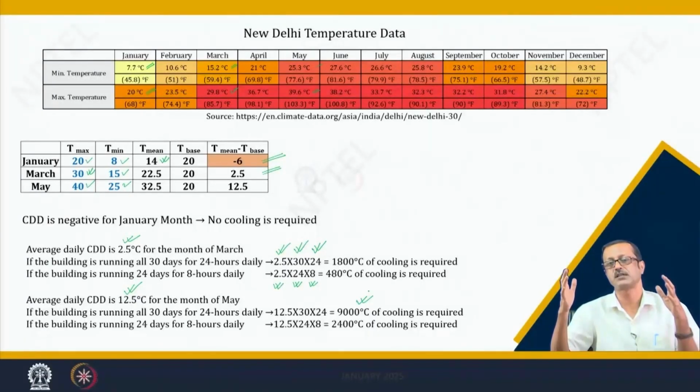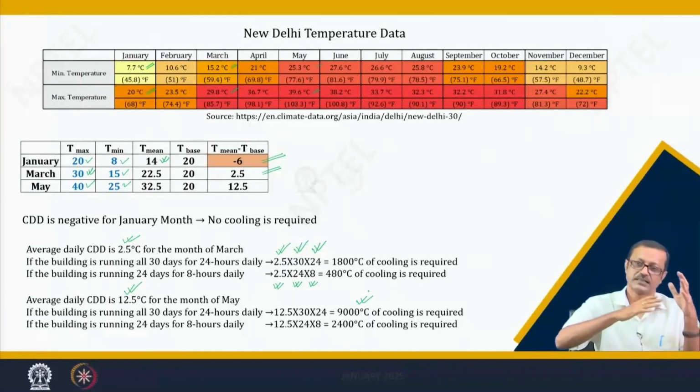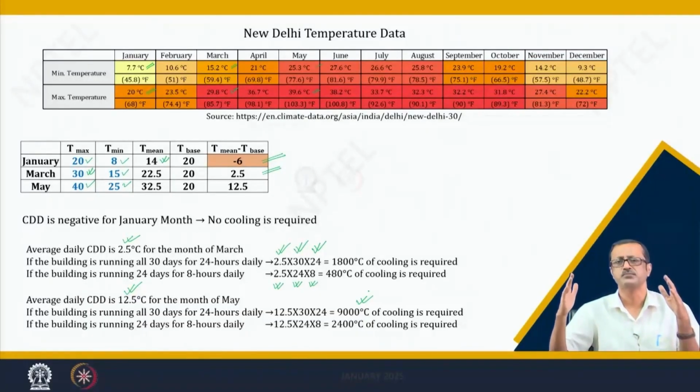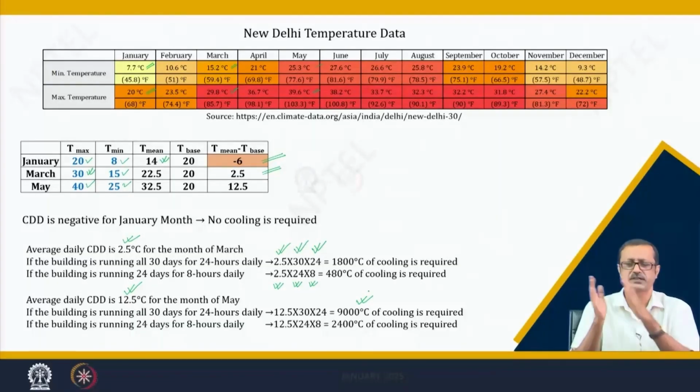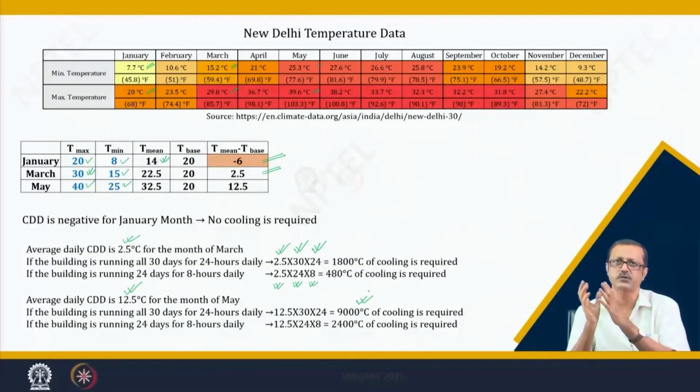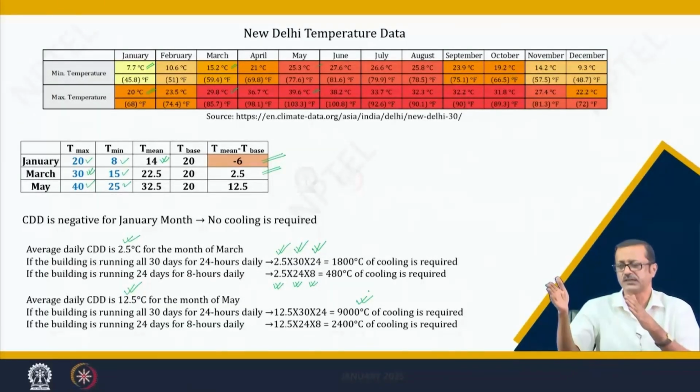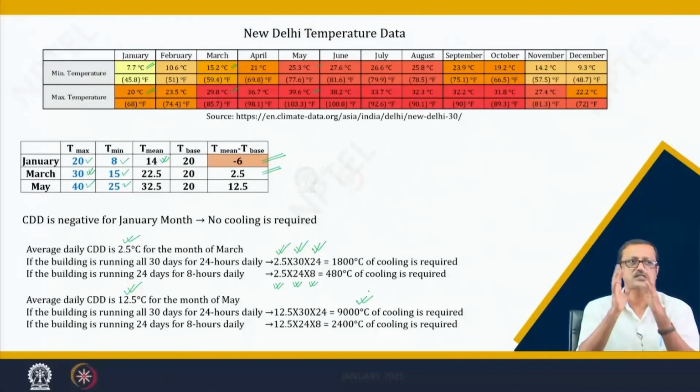maximum temperature and minimum temperature, my T mean is going to change, and my base temperature if I fix, and then if it is not negative, if it is positive, this difference between the T mean and the T base, that means I require some kind of cooling, that much degree of cooling is required for that particular month. And now for that particular month, how many working days, how many hours of working per day, if I multiply that, I can estimate how much degree centigrade will be the total cooling required for that building for